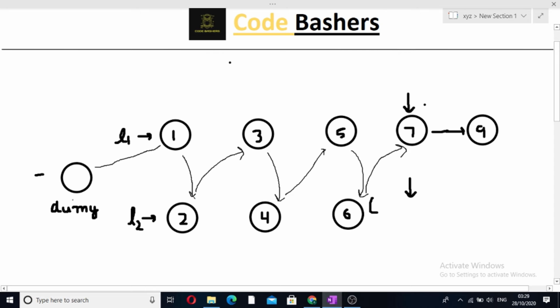And now in the end what will we return? We will have to return the value of dummy's next. Why dummy's next? Because the new linked list which is formed should be starting from this node, but it is starting from the dummy node. So we will return dummy's next